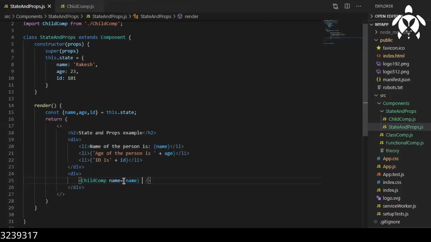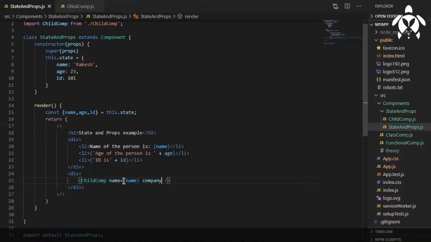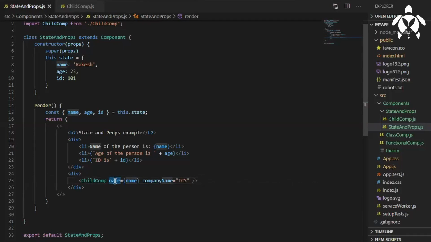Let's say you want to share some static data. You can directly write company name equal to something. Now I have passed the name property and the company name property. The name is coming from a state, and the company name is static data.